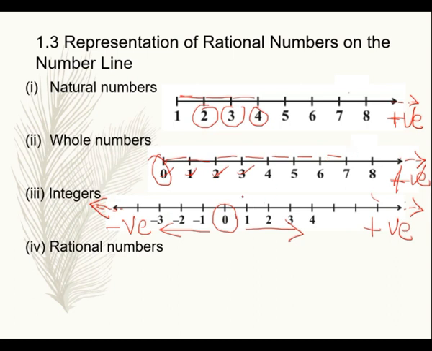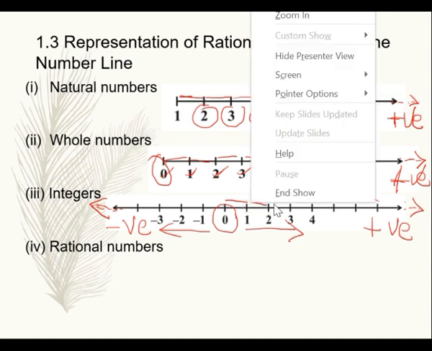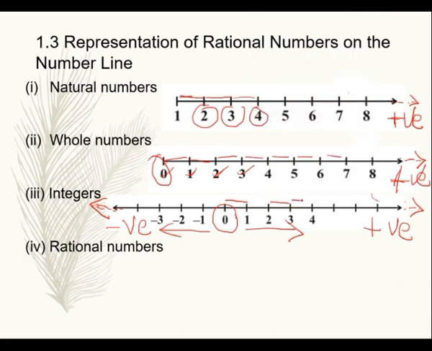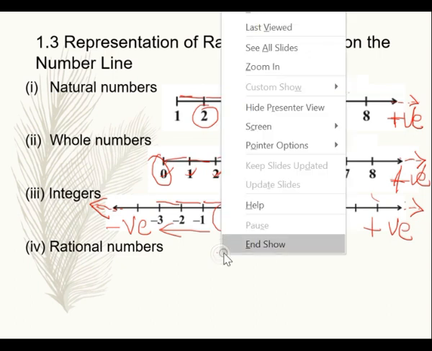Now, we have another important property. The distance from 0 to 1 is the same as from 1 to 2, and the same from 2 to 3, and so on. Similarly, the same distance from 0 to 1 is there from 0 to minus 1, minus 1 to minus 2, minus 2 to minus 3, and so on. So all these numbers shown on a number line make the integer number line. Children, next to this, the rational number line. What is the rational number line?